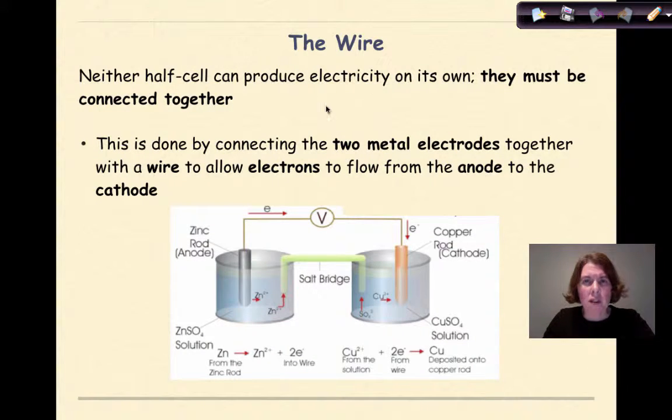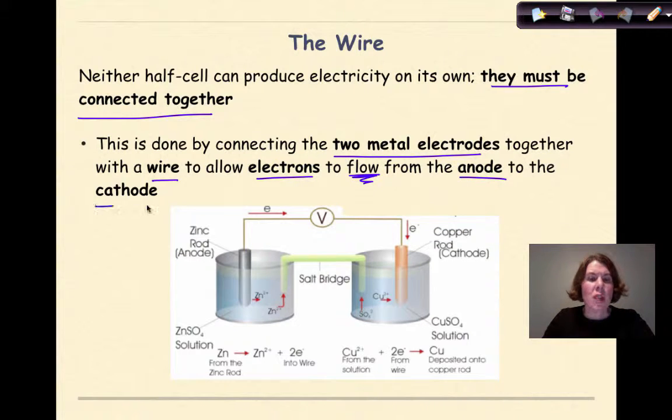Now, what's the purpose of this wire? Neither half cell can produce electricity on its own. They must be connected together. This is done by connecting the 2 metal electrodes together with a wire to allow electrons to flow from the anode to the cathode. And that's why in all of these representations of our voltaic cell, we've seen our little wire represented right here. Here's our wire. And they show the electrons, represented by these little e's, pointing from the